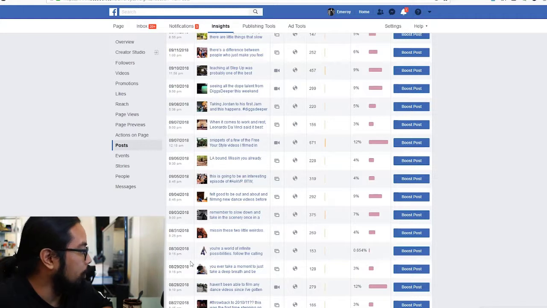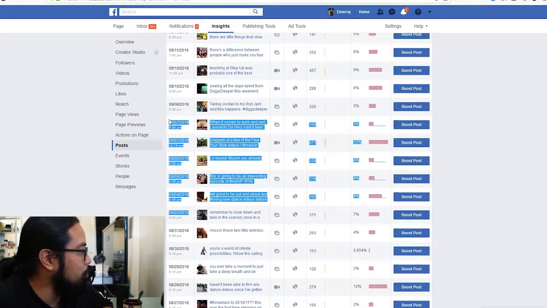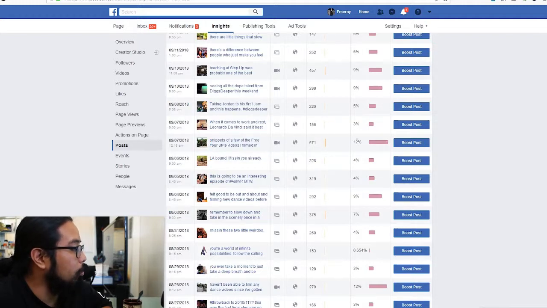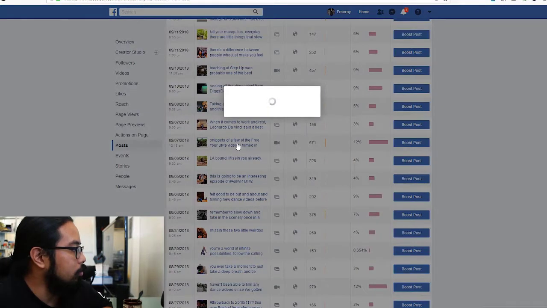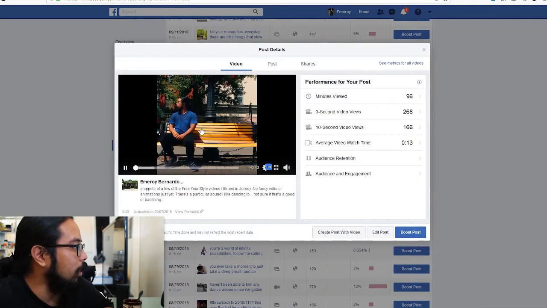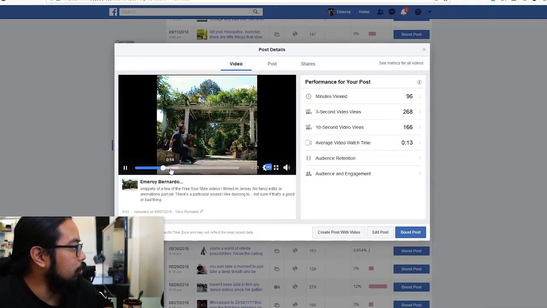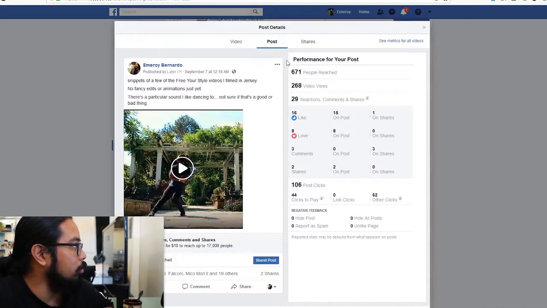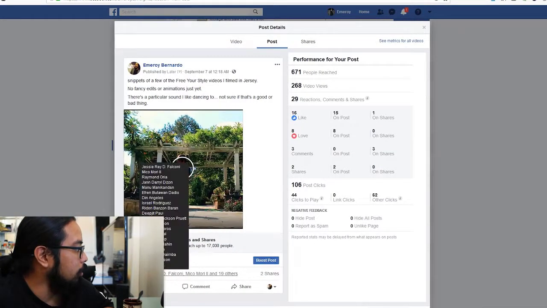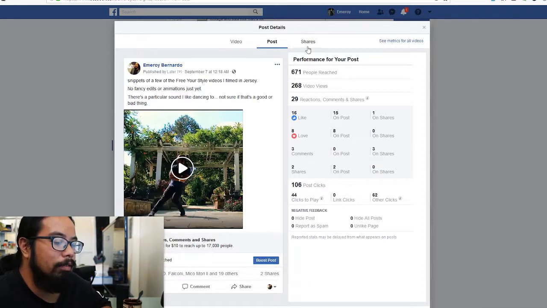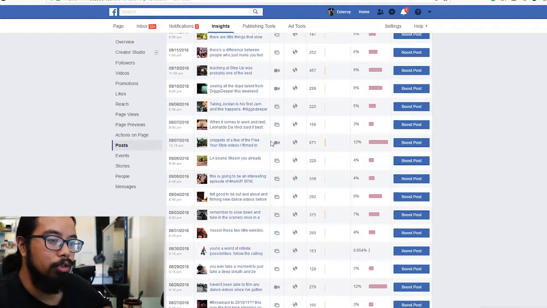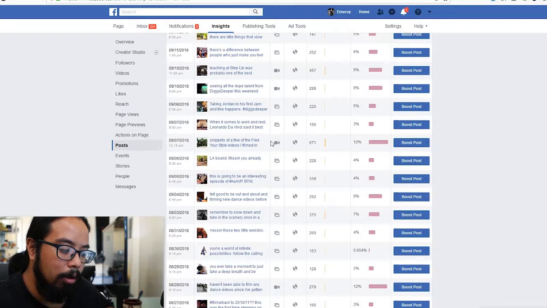So, between the 2nd and the 8th, you can see right here, the best organically performing one is this little snippet I made, a little preview of all the dancing I did when I was on the East Coast. People really loved it. Organically, not too bad, it definitely performed the best. So now, thinking strategy-wise, how can I start producing more content like this, and at the same time, how do I make sure that I don't oversaturate it?